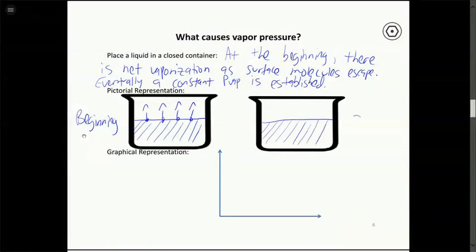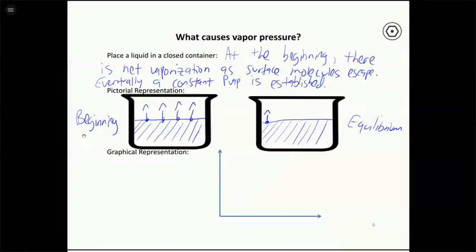So you're always going to have molecules escaping the surface, but at some point, the molecules that are escaping the surface are going to be the same number as the molecules that are condensing back in. So you're going to have some gas phase molecules that then recondense. And so you have both processes happening simultaneously, vaporization and condensation, such that at some point in time you're going to get a net vapor pressure where there's no longer net escape of the molecules from the surface. So every molecule that leaves the surface, another one comes back and condenses back into the liquid phase.